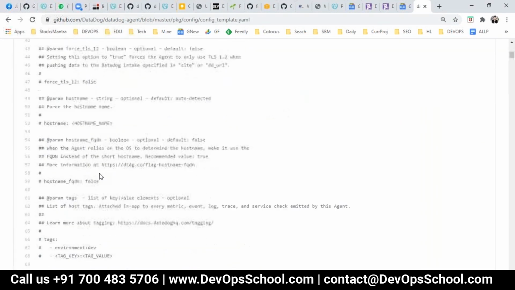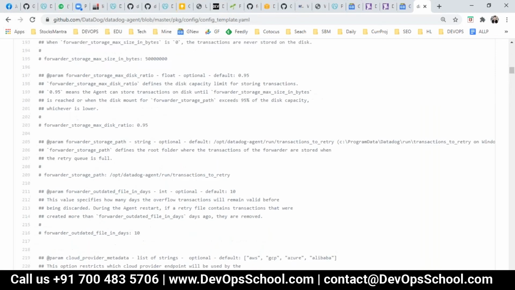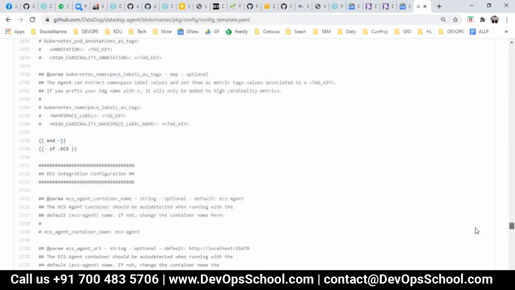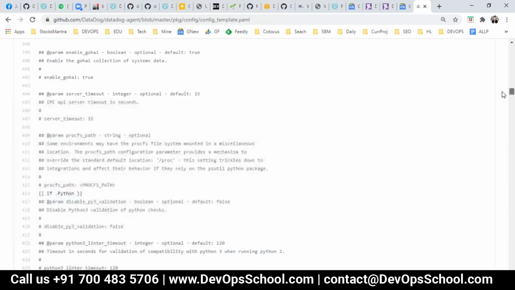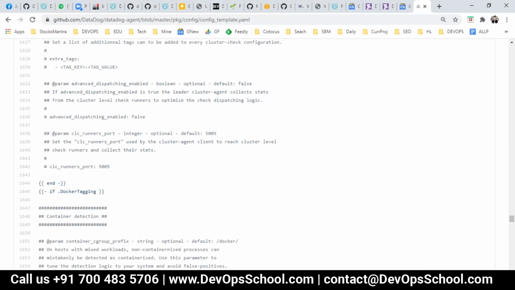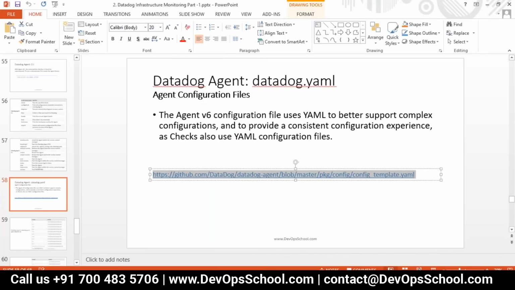So this is one of the templates which has all the possible configurations available. You don't need to know everything at one go, but better if you go through it once and read each and every section. It'll be easy for you to understand that. Okay, so this is a configuration file.